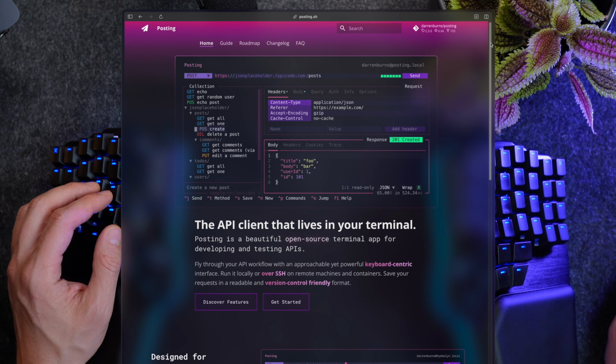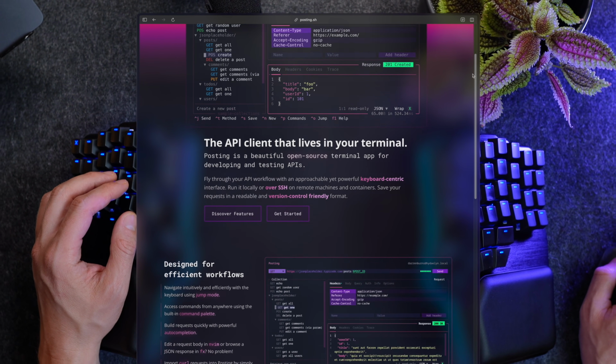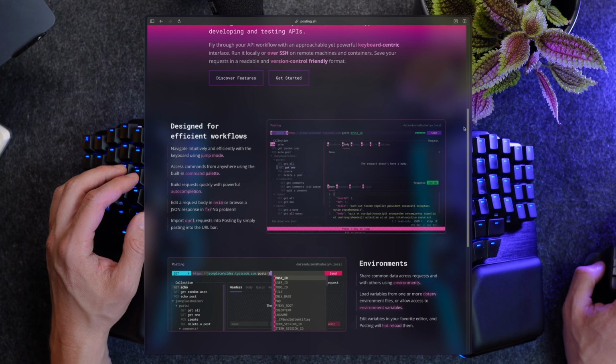Sure, you can potentially write them out and then use something like Atuin, which I love, to maintain command line history persistency, but that's circling around what you really want, a full-blown interface. In comes Posting, an API client that lives in your terminal. It's open source, it has a clever UX, and it's a great friend for API testing.